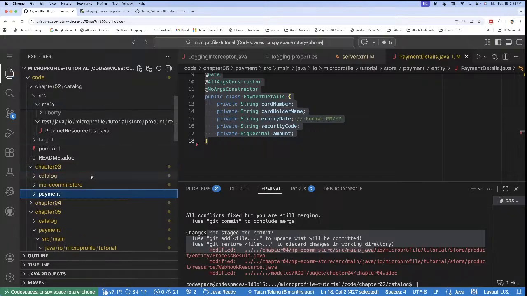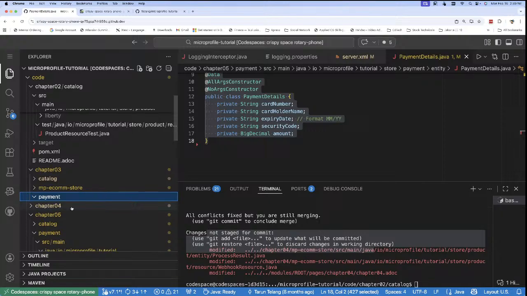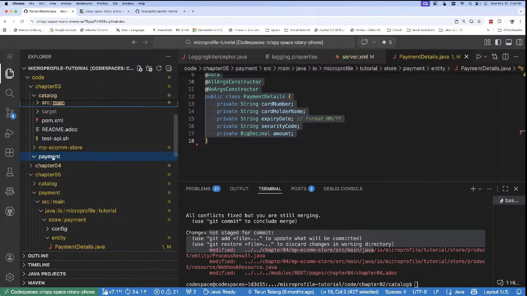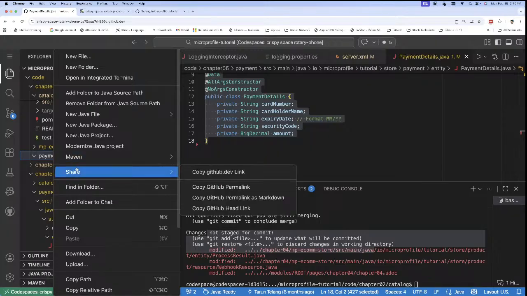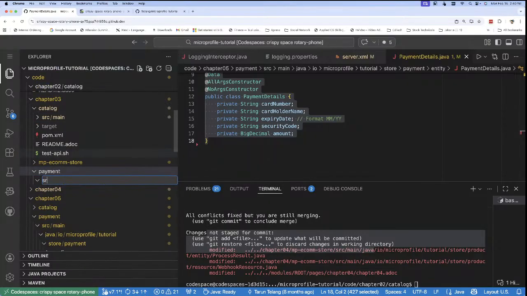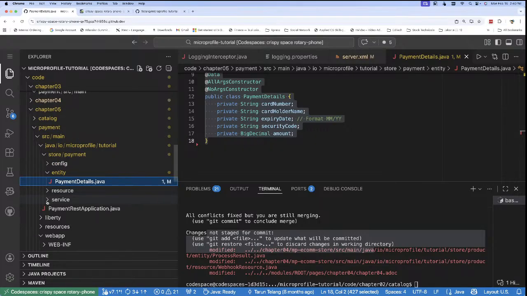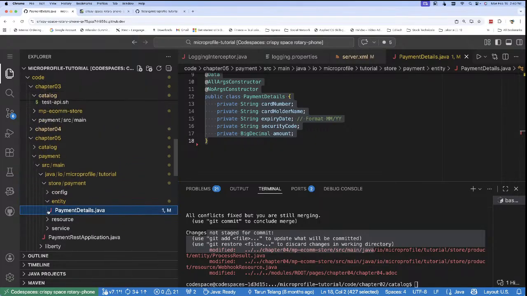Okay. So we have a payment project. Within this, we have to have the src main Java. Okay, so here we will create more folder structure. Okay, and then we have within this particular entire path. So here